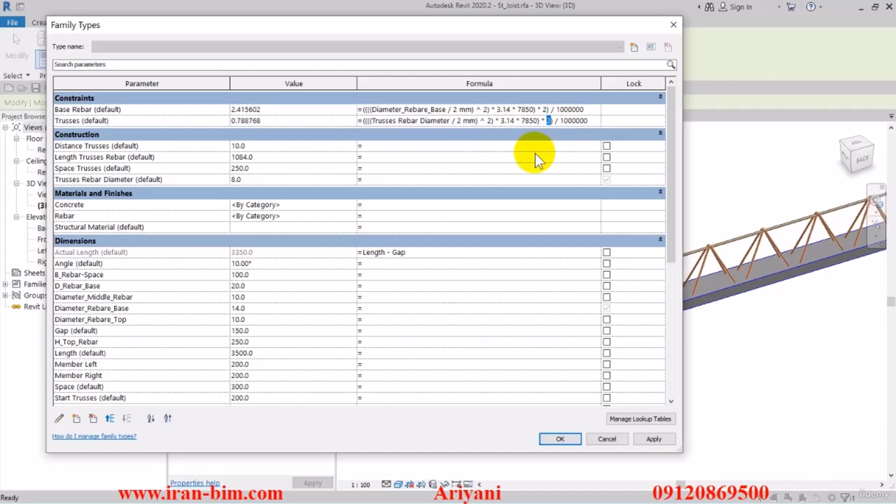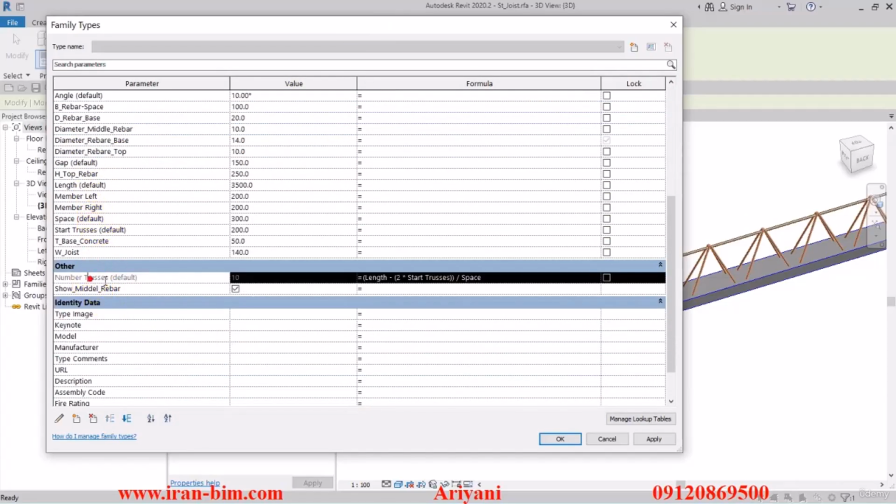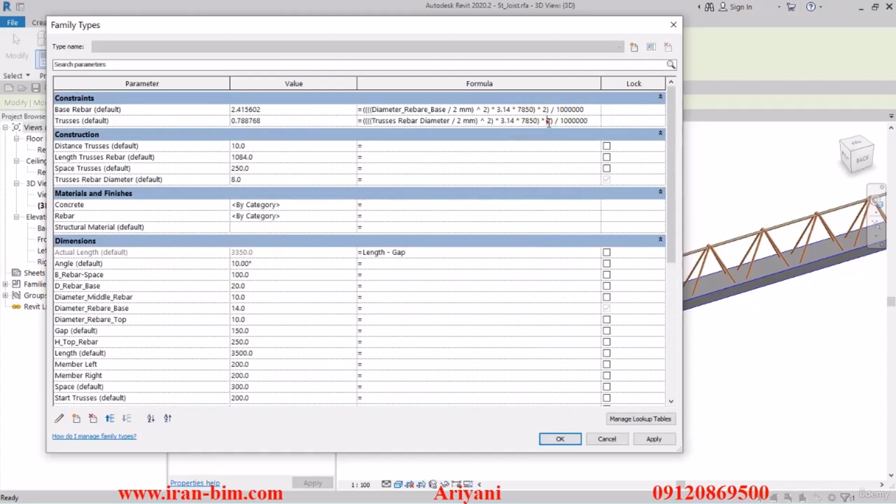But instead of the multiply by 2 here, we have to multiply it by the number of the trusses. It's this one down here. We've created a parameter for it. So instead of the 2, I'll just paste the name of the parameter that we've created. So now using this formula, we can calculate the weights of all the material used in the length of the